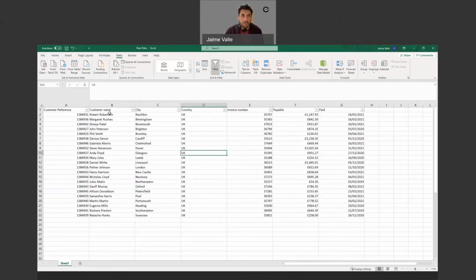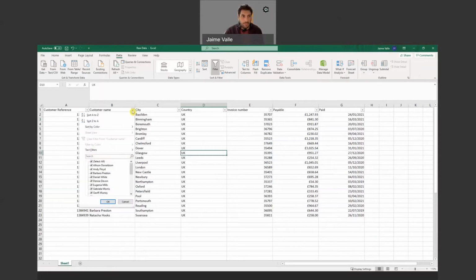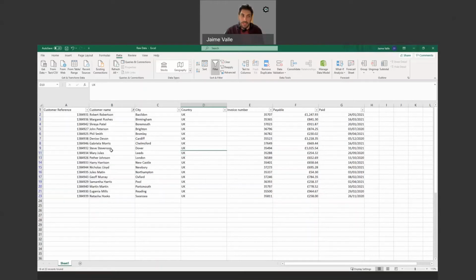Okay. Let's say in customer name, if I open that little arrow, it's going to give me, again, sort alphabetically. And more interestingly, I can activate and deactivate, tick and untick, whatever I want. So I don't want to see those two, for whatever reason. I just untick them. Then I click OK, and boop, they disappear. They are not there anymore, are they?